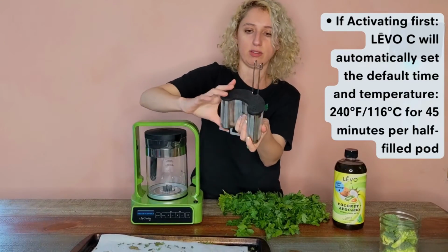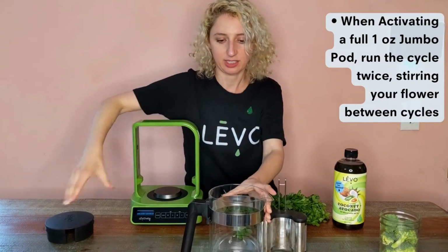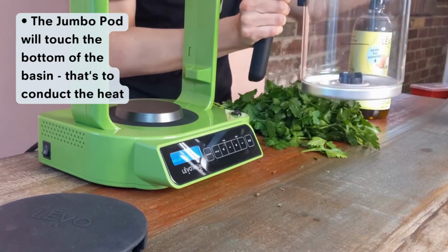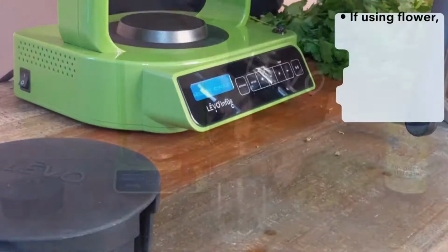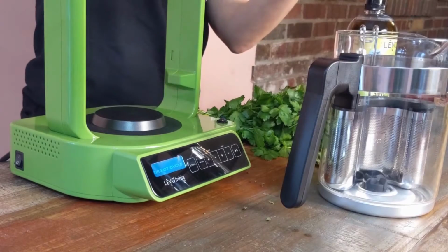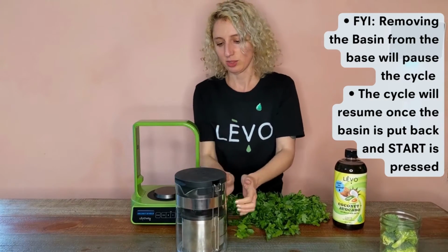There we go. Top goes on. Then we've got our glass basin here. Nice solid lid. The silicone stirrer is at the bottom, the magnetic stirrer. You're gonna find that inside the jumbo pod when you first get this, so just take it out, put it right in the middle. This can go actually anywhere at all. It just hangs off the side. And you just wanna be sure when you put your lid on that the notch matches up with where that is hanging. Gonna put it right on